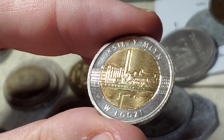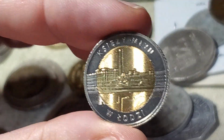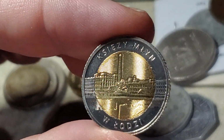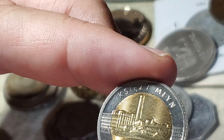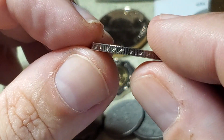And I'm going to tell you what some of the values of these coins are along the way. That last one had a book value of 7. This one has a book value of 3. I don't really know the reason why. The numbers on these are about the same. They're all going to have the same